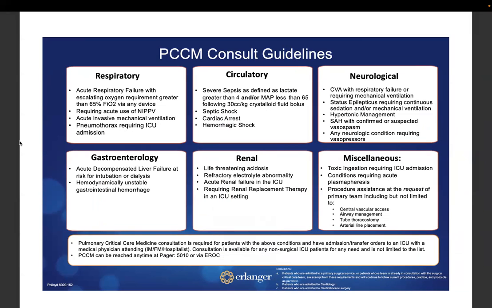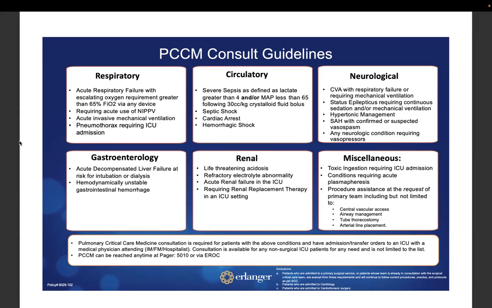They're on acute BiPAP, they're getting worse, they're intubated, severe sepsis moving into septic shock, toxic ingestions, these kinds of things. So nothing on here is surprising, but this codifies when, at the latest, we would want to be involved in anyone's care. You are all welcome to consult us earlier. You don't have to wait for this, but this provides some uniform consultation so that family medicine's not consulting us when they give a liter of fluid. We're also not getting consulted when the hospitalists have somebody on 3 pressors.